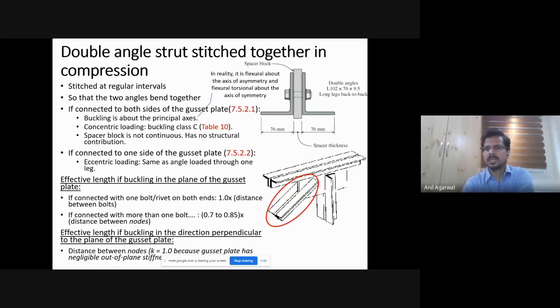subtopics of the same angles under compression we will discuss today. Oftentimes angles are provided as double angles. They are not provided as a single angle. You can see that in towers sometimes, but more than towers, you see this in roof trusses. So in a roof truss, for example, when you have a